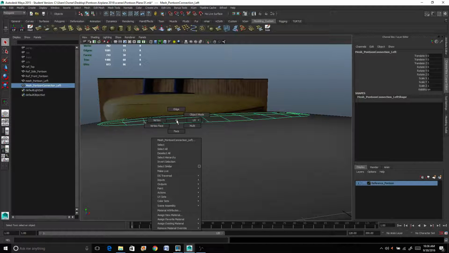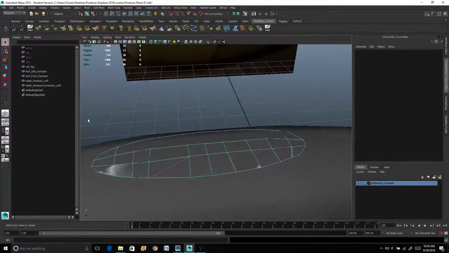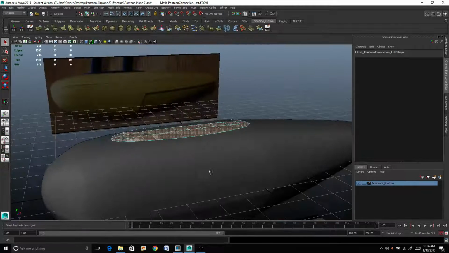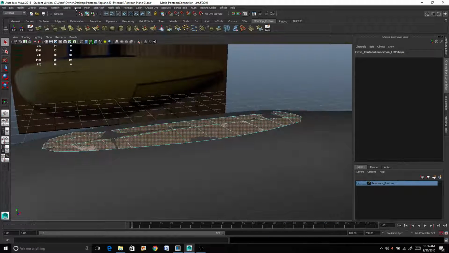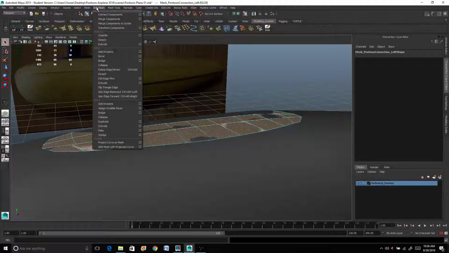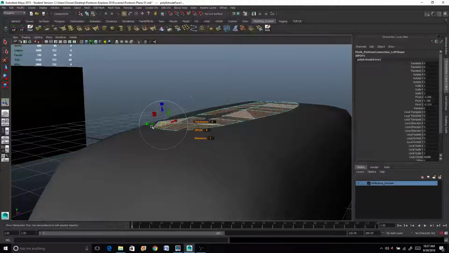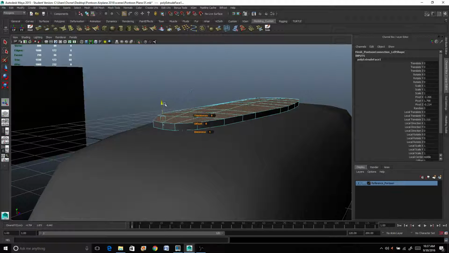So I'm going to go in face mode. I'm going to select all the faces for this guy here, and I'm going to do a face extrusion going up just about a couple inches. So I'll go to Edit Mesh, go down to Face, Extrude. And this part you want to be very careful. If you hit extrude and you see, oh, it didn't really do anything, and you go to extrude again, you'll end up with hidden geometry on the inside here, and that's not what we want. So you see this little gizmo pop up, go ahead and translate up in the Y a little bit, just a couple inches,